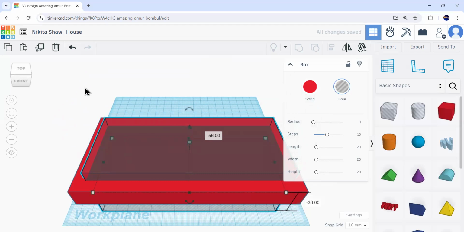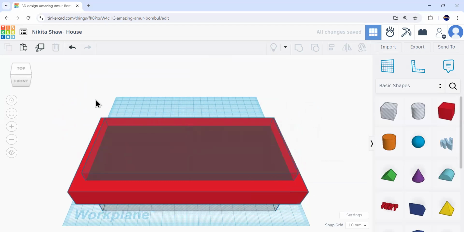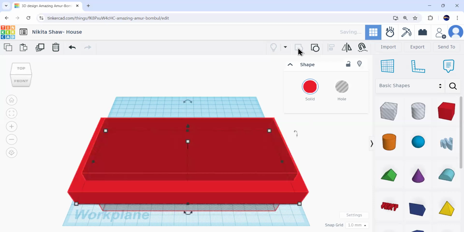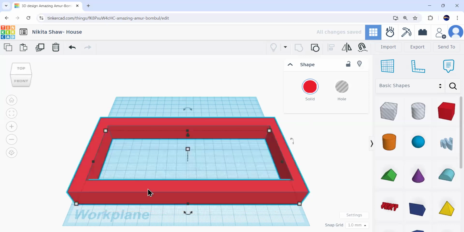So now we will click on this white space over here. Keep an eye on the mouse where it is hovering. Okay, this white space over here, we'll click on it and then drag and select the entire image. Now our group icon is activated. So we'll click on that group icon. So this completes our boundary for the house. Now the next step is to create a door and a window as well.